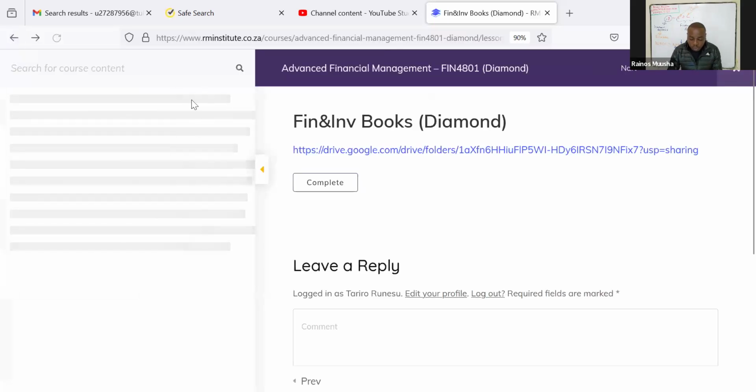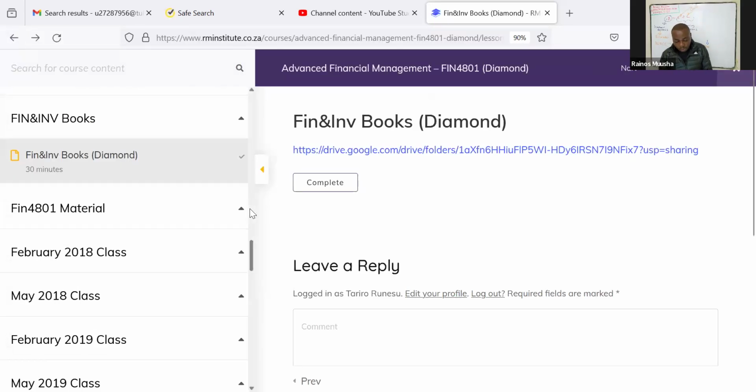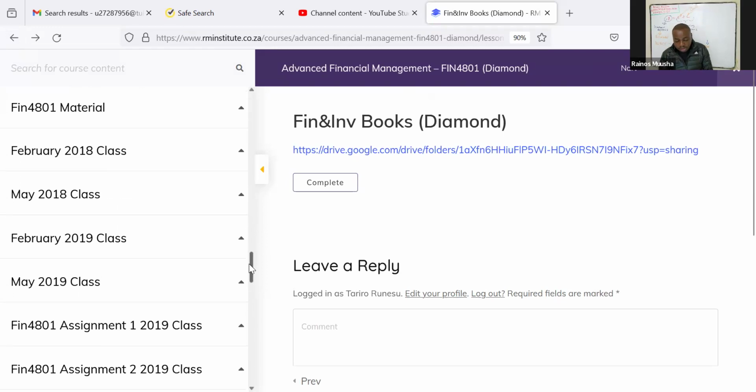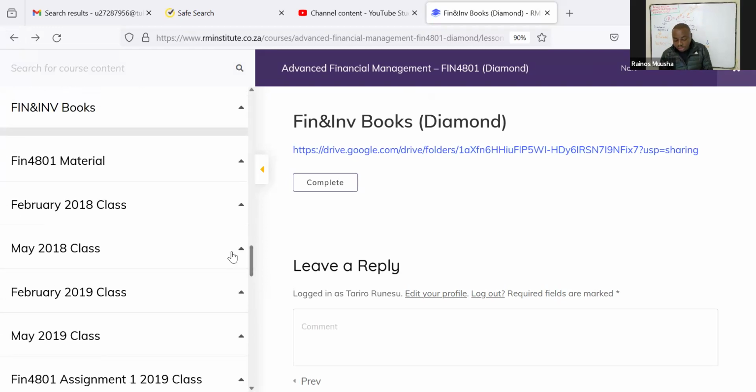Then when we go through revision, to access the material for revision as well, you're going to be clicking on this particular tab which says Fin4801 material. This material is basically the one that's going to give you access to the revision material as well. It will also be a link which takes you to the Google Drive, and then you are able to access the